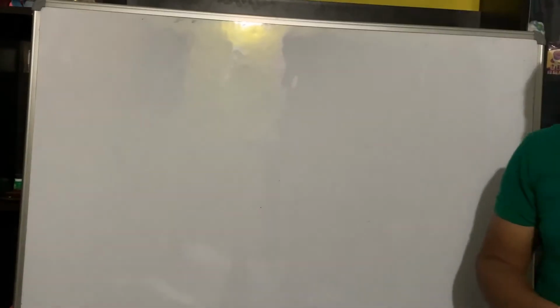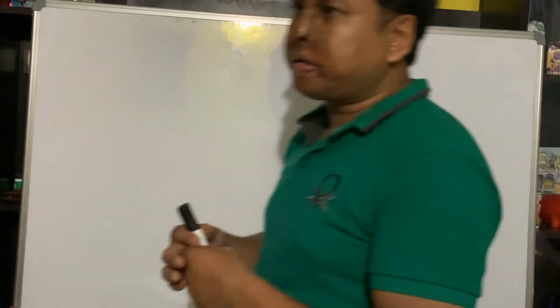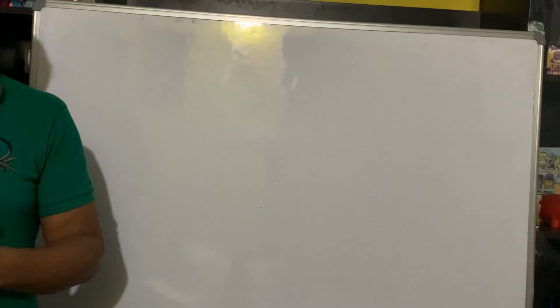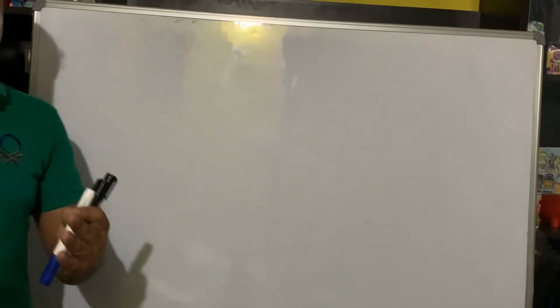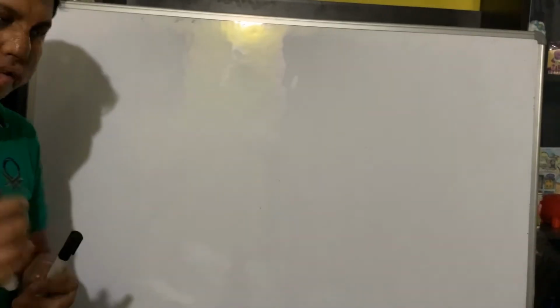Hello students. Today we are going to discuss the type of numericals which are related mostly to first order and zero order reactions. In the previous classes, we have derived the integrated rate expression for zero order and first order reactions. We had also derived the expression for half-life period, and we have discussed all the graphs in our previous classes. So today, taking those integrated rate expressions, we'll discuss common numericals which are expected in your board exams. Fine. So first, I'm going to start with your first order reaction.